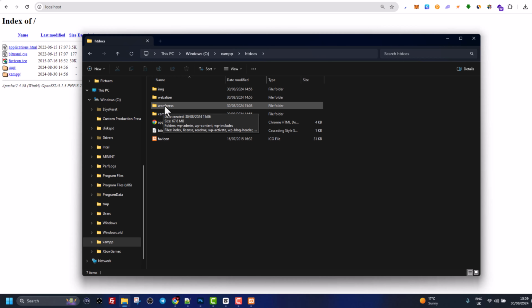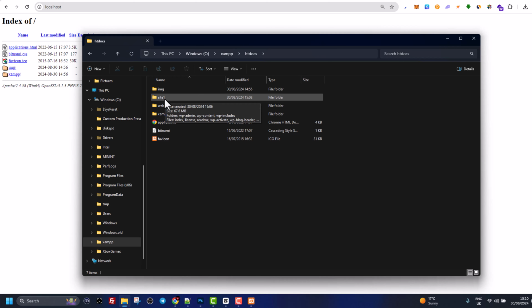As you can see, you can change this name of WordPress to anything you want. Like I mentioned, you can install multiple websites. If you will be working with multiple WordPress websites, you can store them all here like this, and each of these WordPress installations will have the files for one website. Here we can call this, for example, site 1. You can call this WordPress website however you want. I will call it site 1 so you understand straight away if you are doing this for the first